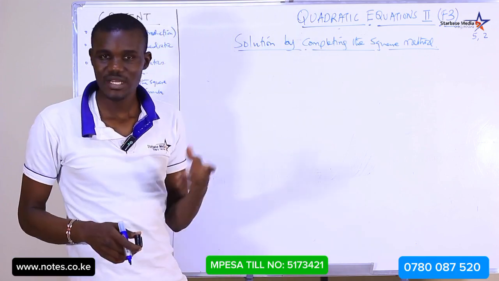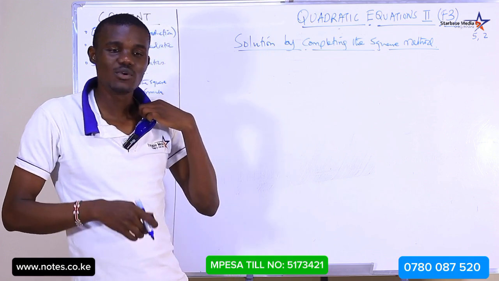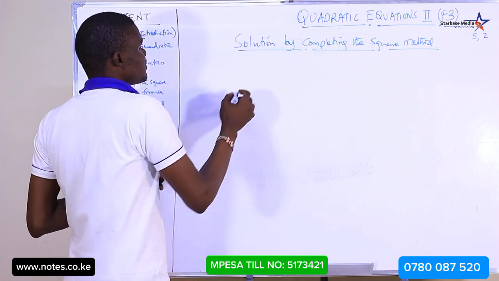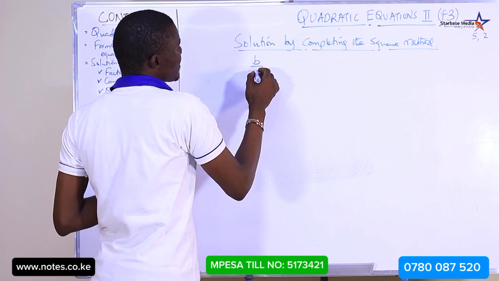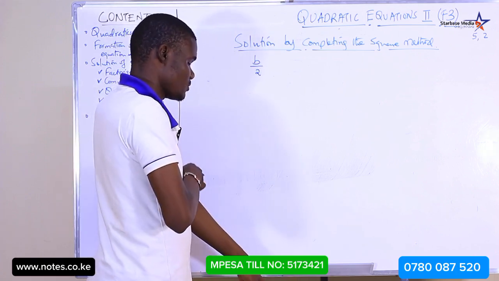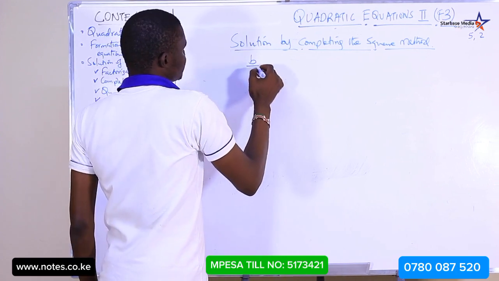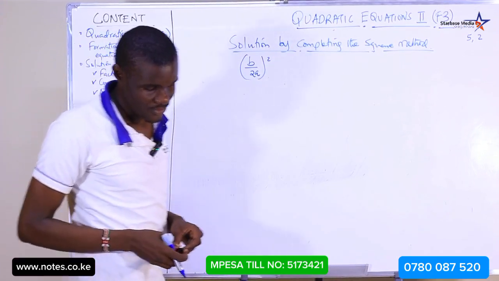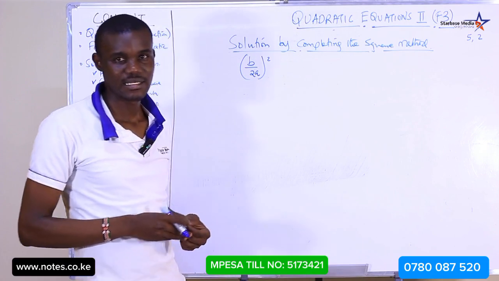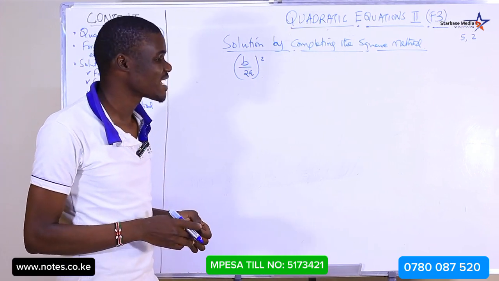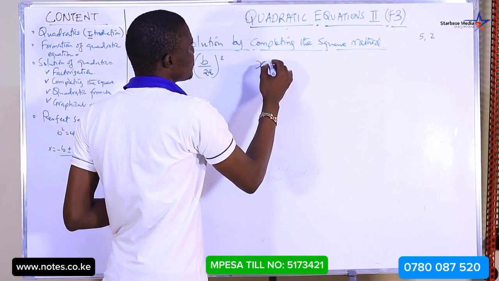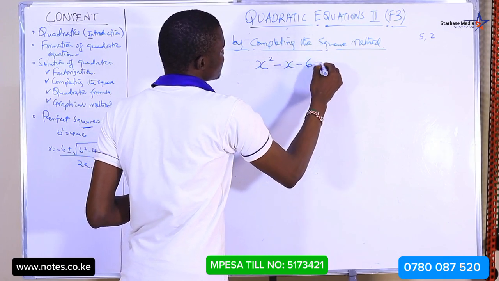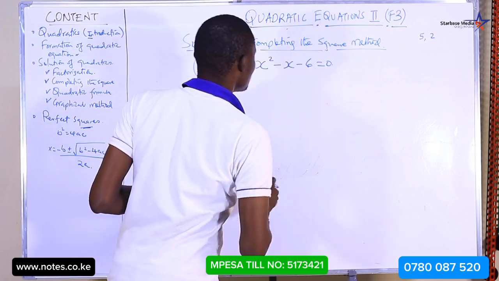This is the simplest method so far, because when you are completing the square, you simply add (b over 2) squared to both sides of the equation. So this is actually the simplest method, because you simply just add half of it. Let us look at the first example we used. x squared minus x minus 6 is equal to 0. If I'm told to use completing the square,